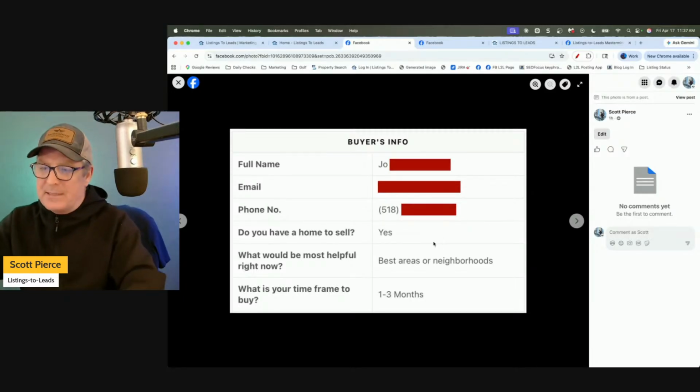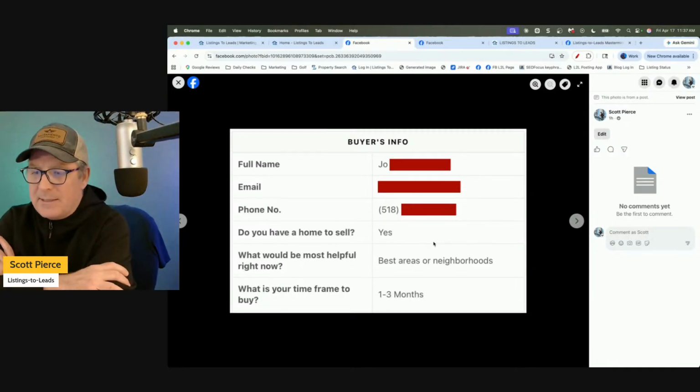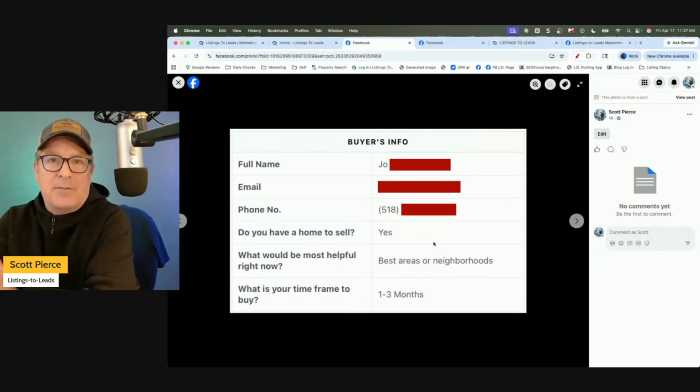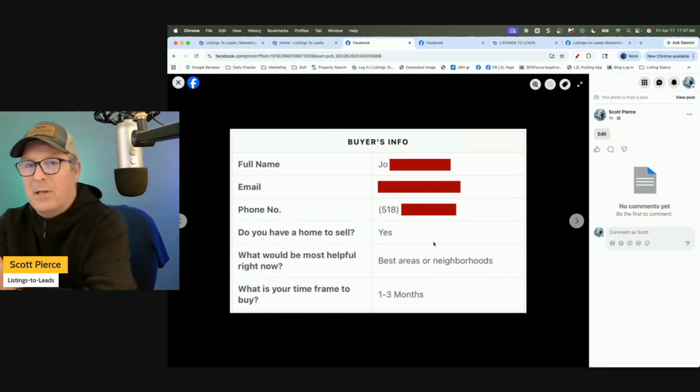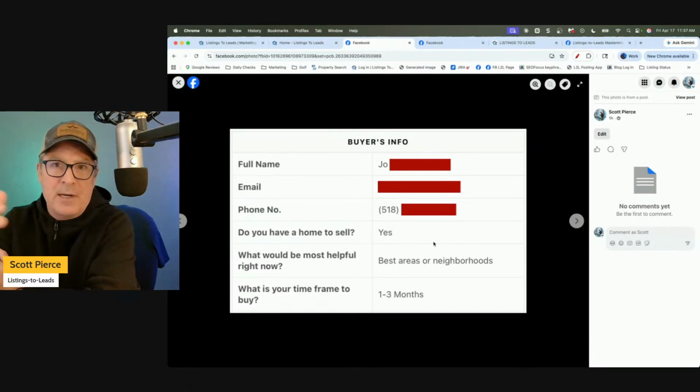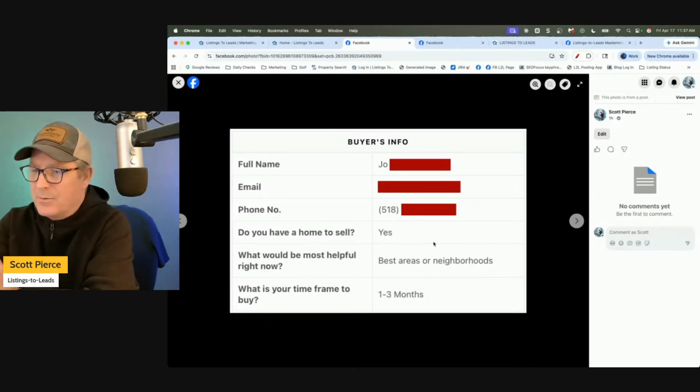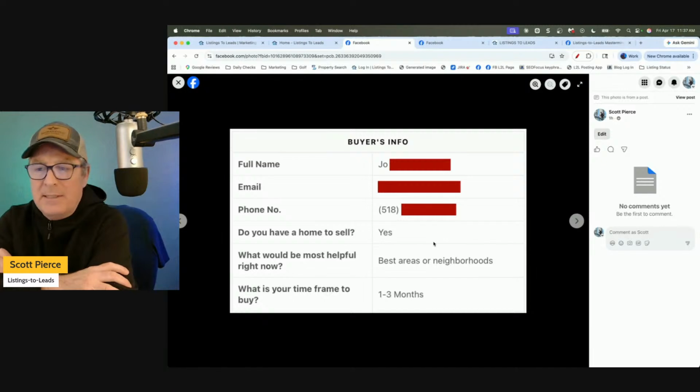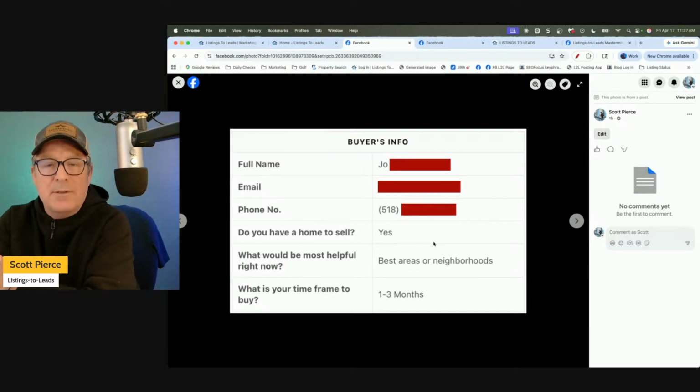I see that you're most interested in looking at some homes in the best areas or neighborhoods. That means a lot of different things to a lot of different people. So are you looking to downsize or upsize or be closer to work or be closer to shopping, parks? When you say best areas or neighborhoods, what is it that you mean by that so that I can provide you the best list of homes for sale in the areas that you want that meet your needs?